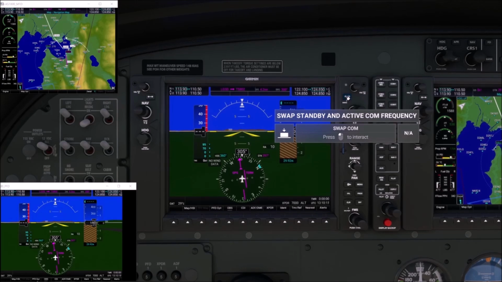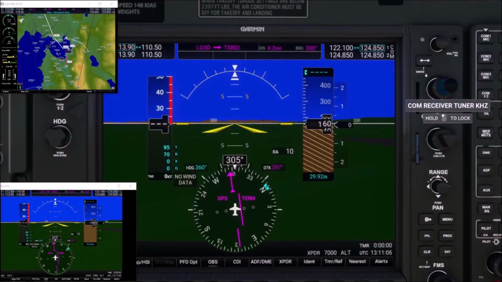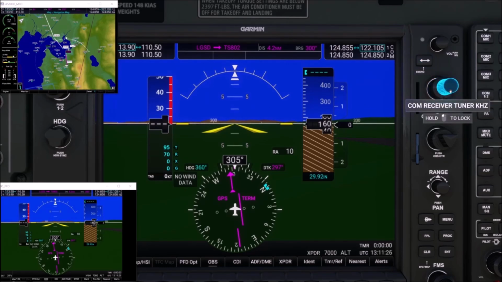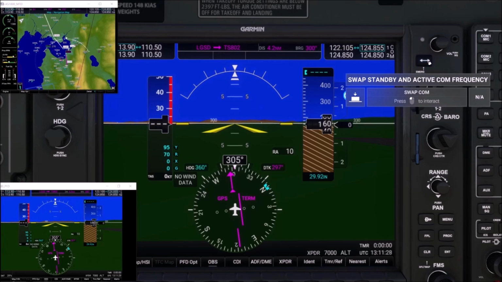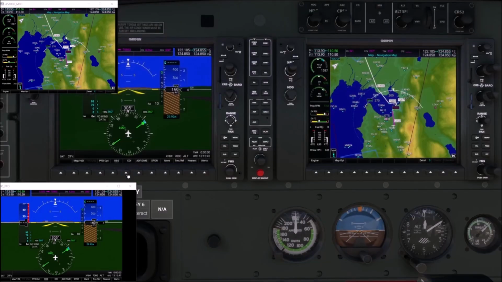Do you know? Well, the truth is it is the second one, and so that means that we will change this frequency here, okay, and we swap the frequencies. And again we change the frequency, and I think that no one will disturb us now. I think that there is no one at 124.855. So first of all you go here under CDI and you bring the GPS, the pink line, this one